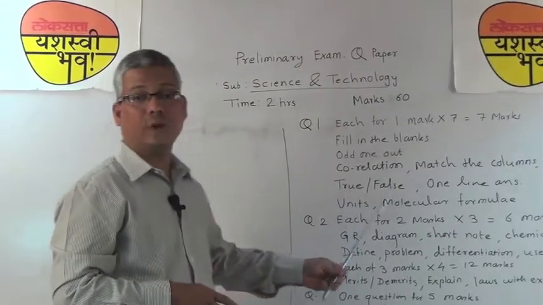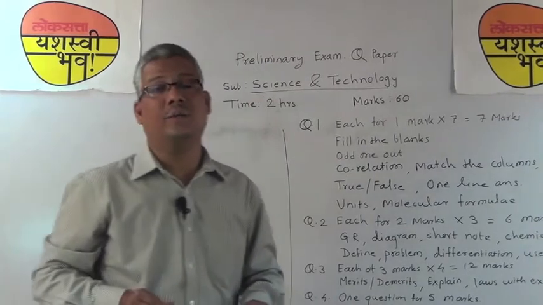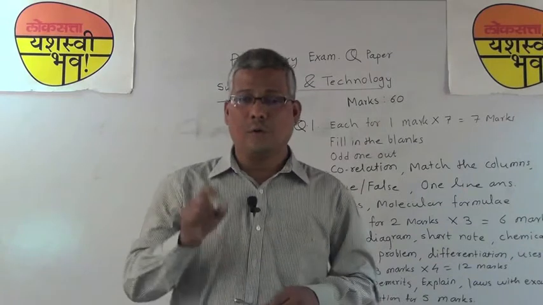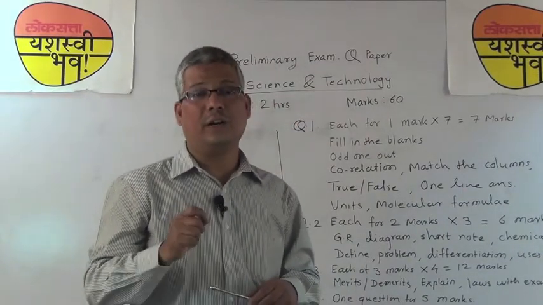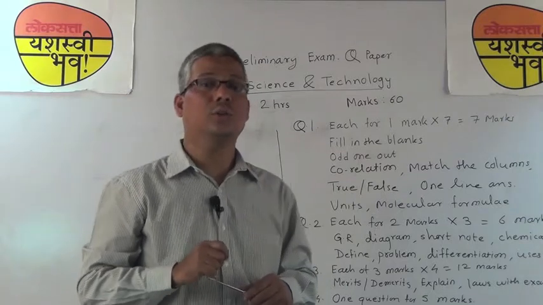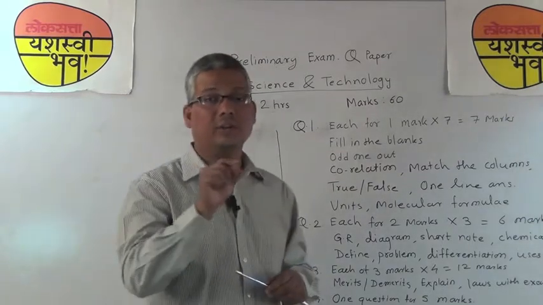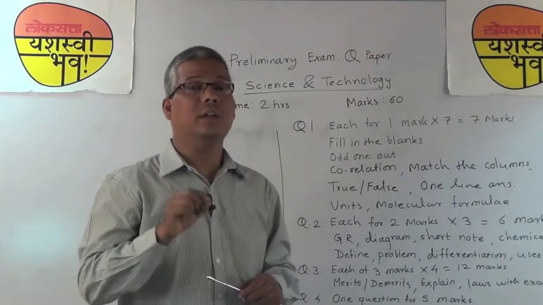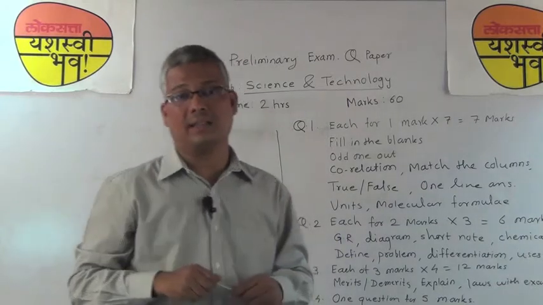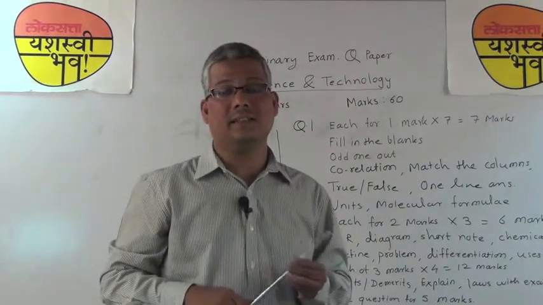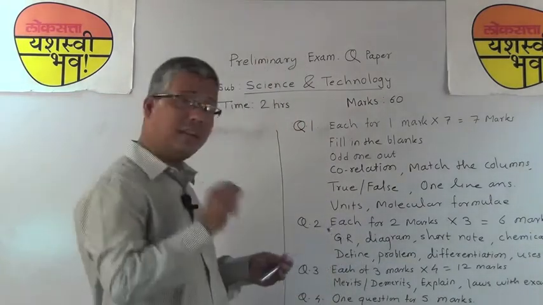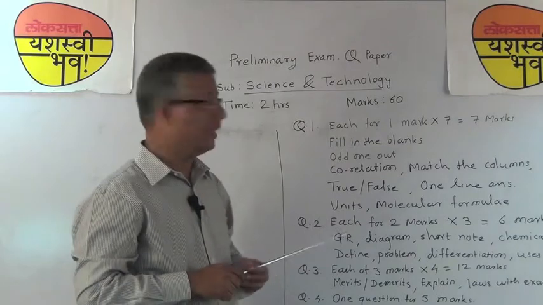Now, true and false. You have to identify whether the statement is true or false. While dealing with this question, find out the keywords. When you find the keyword, that will suggest whether this is true or false. So, if it is true, write down the complete word true, or if it is false, then write down the complete word false. Sometimes they may ask, if it is false, then correct the statement. So you have to correct the statement. Okay, and whenever you do the correction, please underline that.